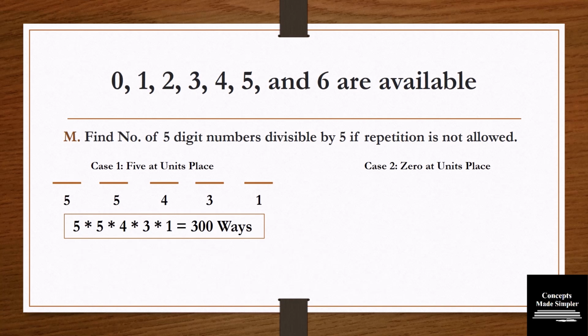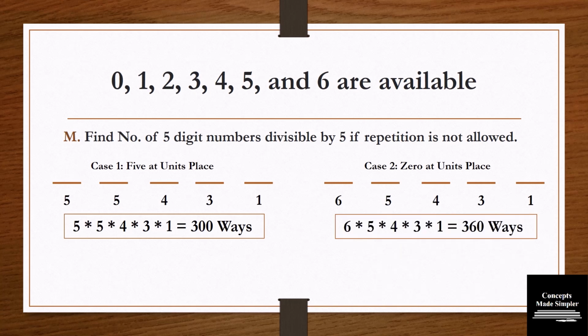equal to 300 ways. Now for the second case, since 0 will always be present in the units place, the units place can be filled in only one way. Now there is no other restriction, so we can just fill in sequentially. So it is 6 into 5 into 4 into 3. So the final solution for the second case is 6 into 5 into 4 into 3 into 1, which is